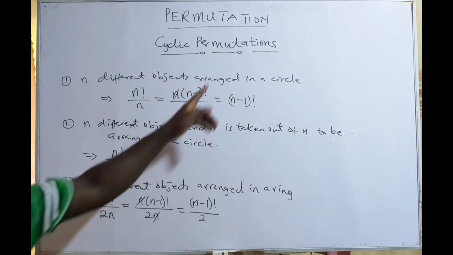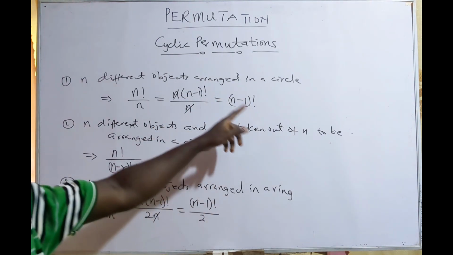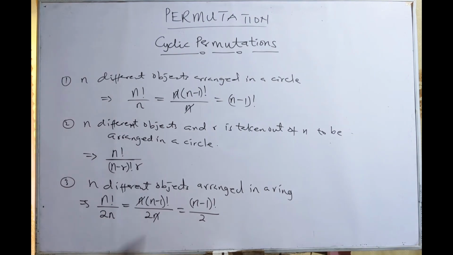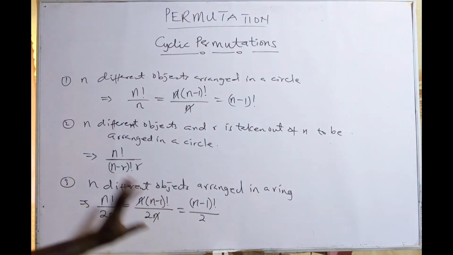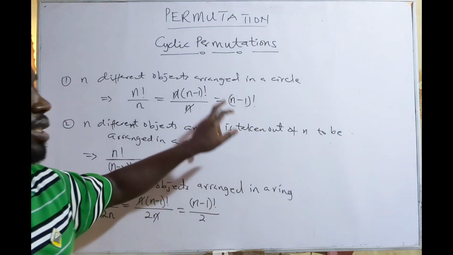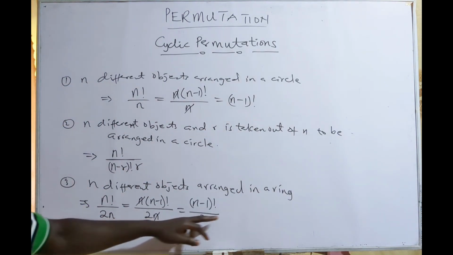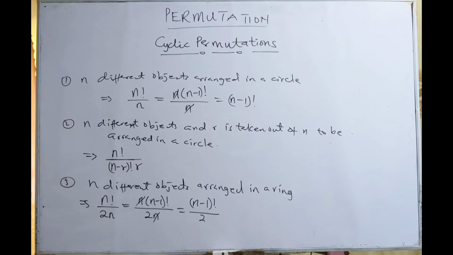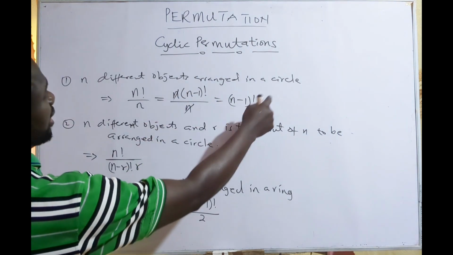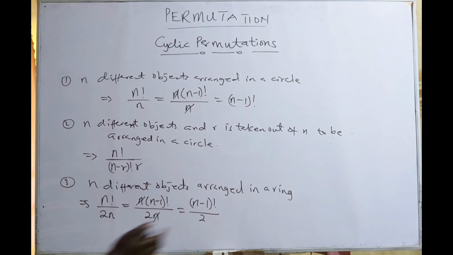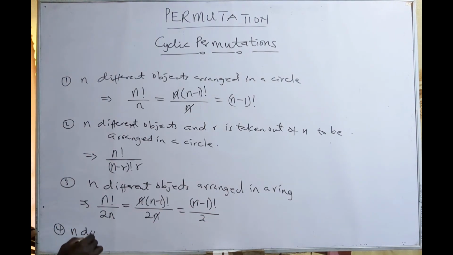Alright, so it's similar to this, but here we divide by 2. So if we are arranging n different objects in a circle, it is n minus 1 factorial. If you are arranging it in a ring, it is n minus 1 all factorial divided by 2. So in a circle, n minus 1, then you divide by 2 if it is in a ring. Alright, so last one, n different